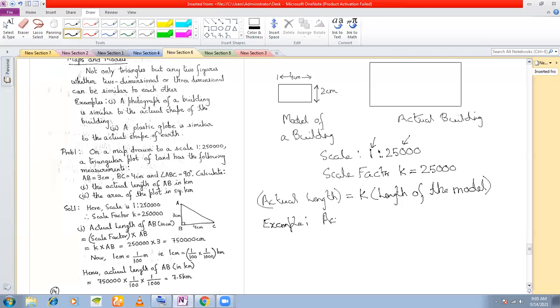Actual length of the building is equal to scale factor K into the length of the model. What is the length of the model? 4 centimeter. Now you put the value of K also, which is equal to